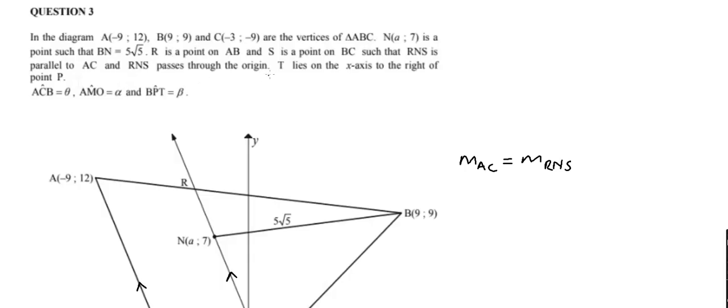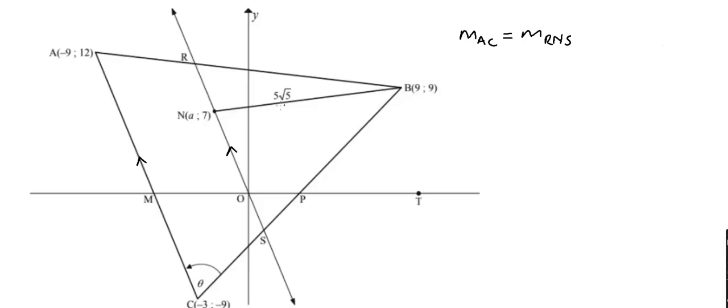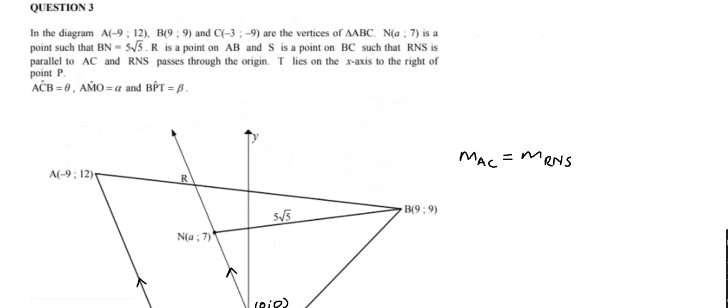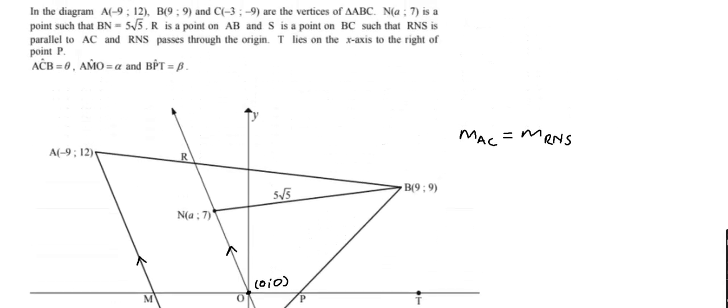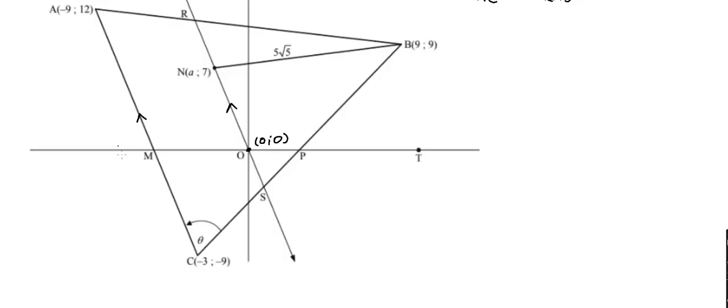And RNS passes through the origin. We know the coordinates of the origin, (0, 0). T lies on the x-axis to the right of P. So here's T on the x-axis to the right of P, and then they say we must name the angle ACB as theta,